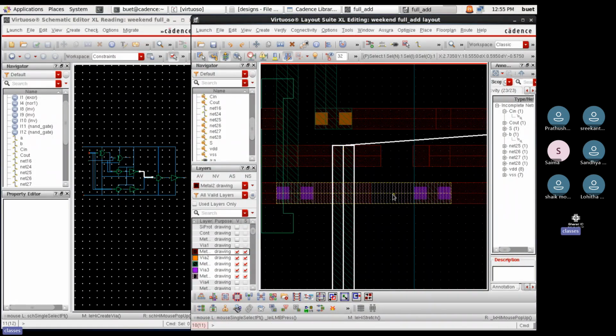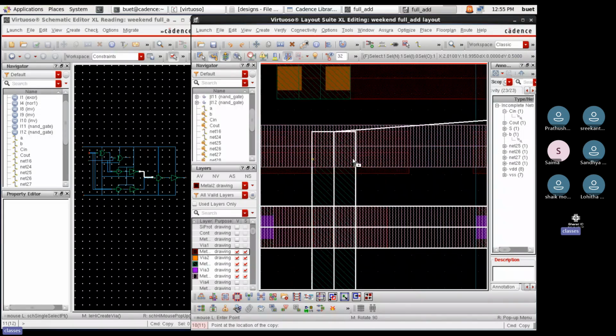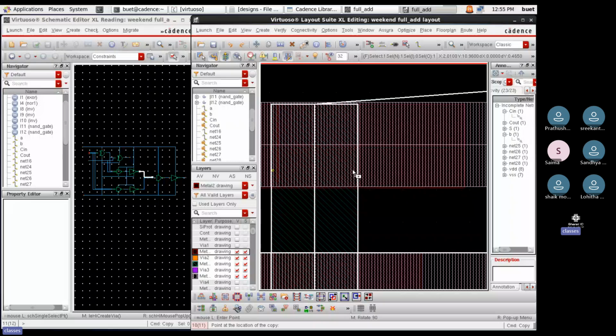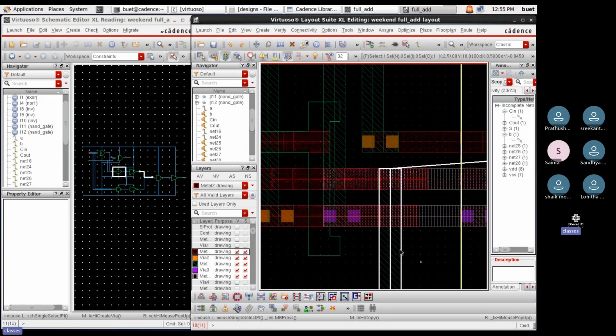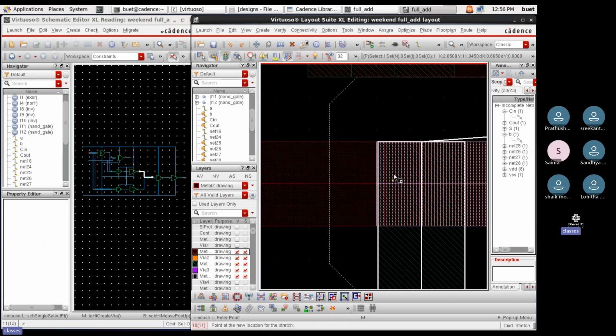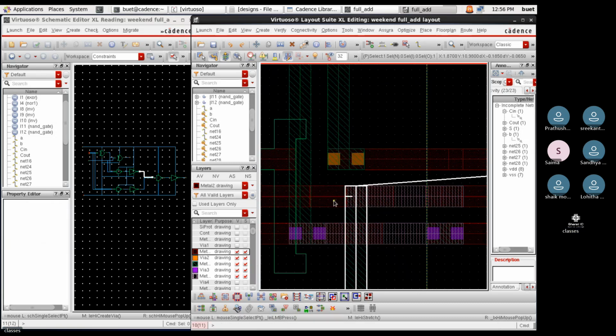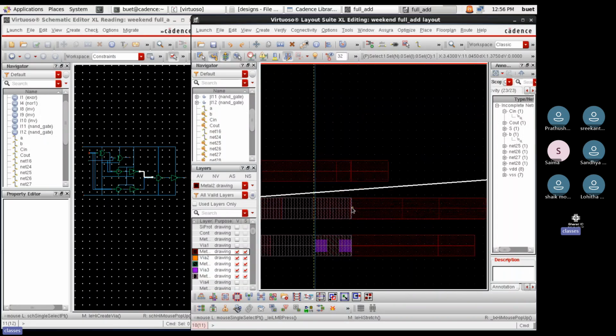I will take this M4 from here. I will copy this M4 from here and I will put it at this level. I'm just copying it, nothing else. I have just copied it. Okay. And I will pull this one back. Pull this one back and I again,